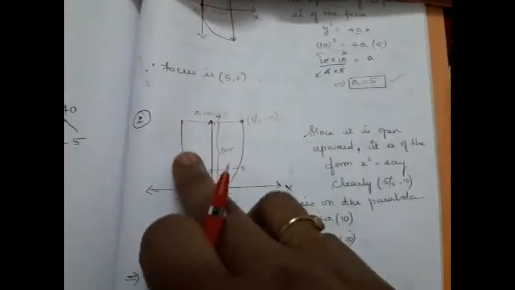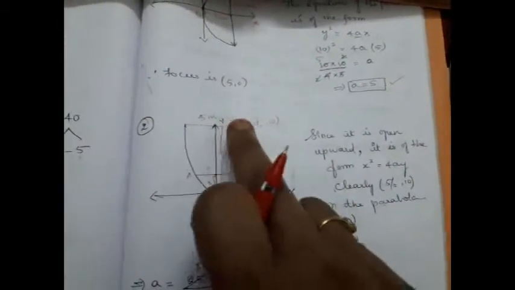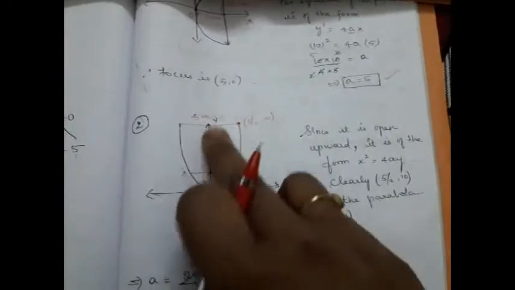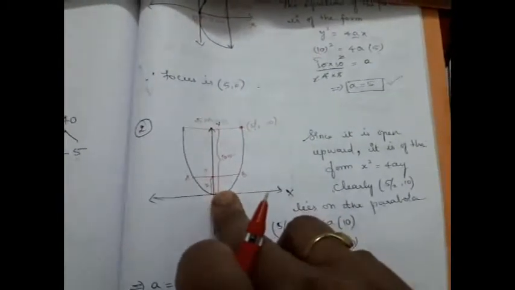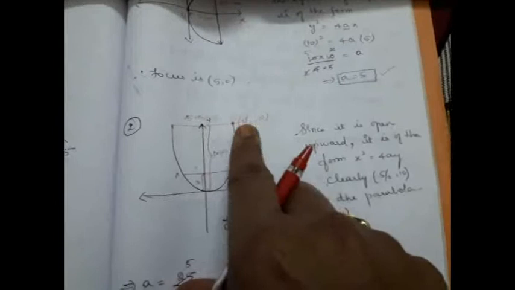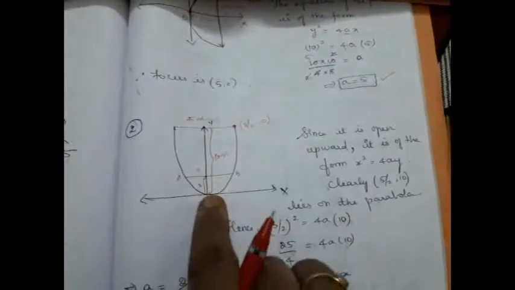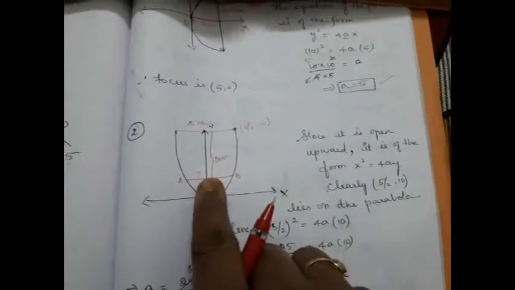See, an arc is in the form of a parabola with its axis vertical, so it opens upward, right? The arc is 10 meter high, therefore this distance is 10 meter, and it is 5 meter wide at the base. So here it is 5 meter. How wide is it 2 meter from the vertex of the parabola? We have to find the width 2 meter from the vertex.